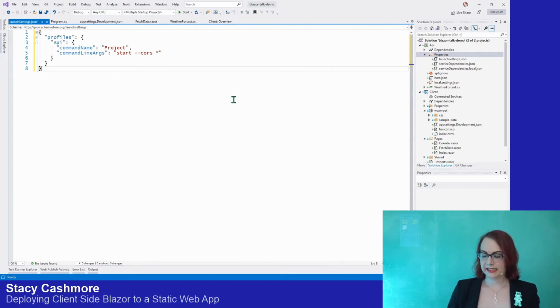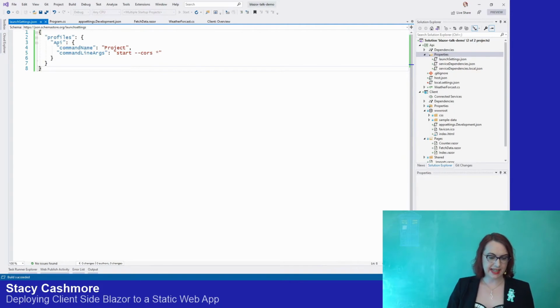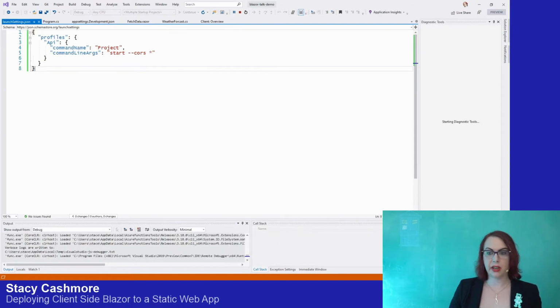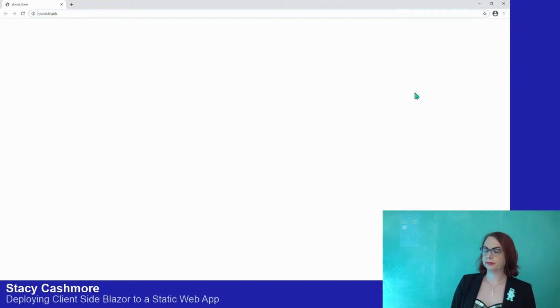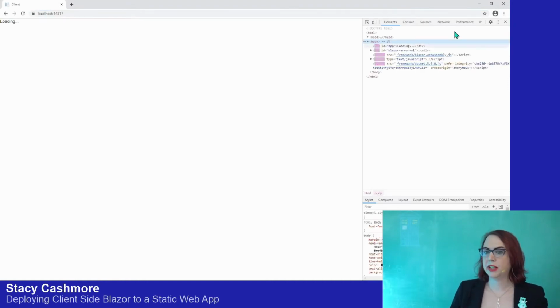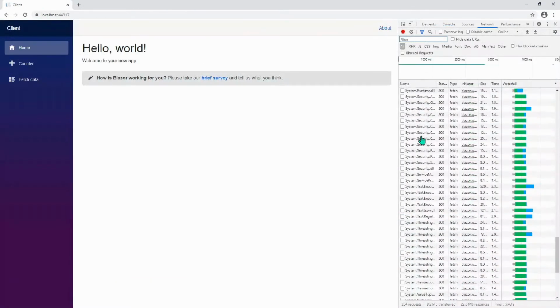Now, hopefully, if I press start, it's going to download the packages. My machine's not going to get stuck and slow down. It's going to start up the Azure storage emulator so that the function can run. And any second now, it's going to give me a browser that I can pull to my screen and show you. Here we go. Now, I want to show you the traffic coming across here. Let's go to our network tab. We're loading the application. Here's all of the files that get